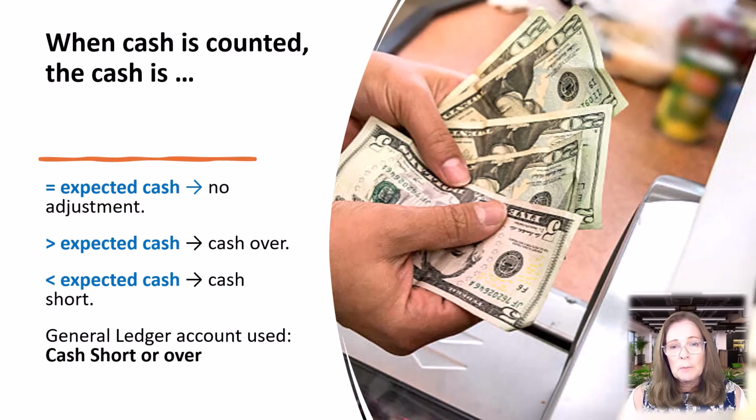If the amount counted matches the exact balance, no adjustment is necessary. However, if the actual cash exceeds the expected amount, the cash is considered over. If the actual cash is less than the expected amount, the cash is considered short. In practice, cash shortages tend to occur more frequently than cash overages because customers are more likely to notice and report receiving too little change than receiving too much.